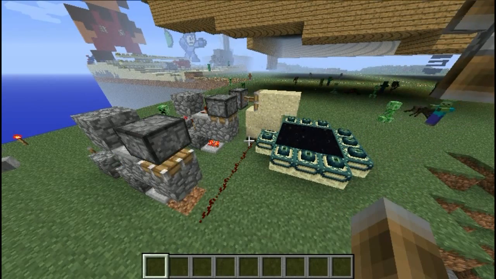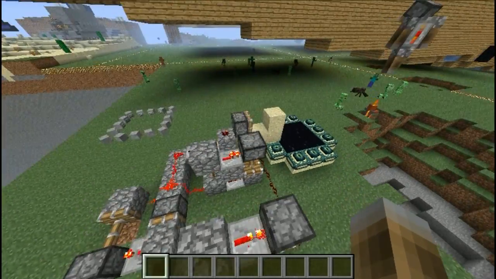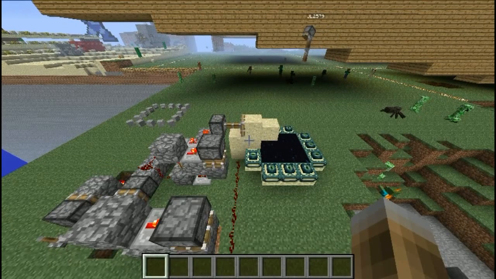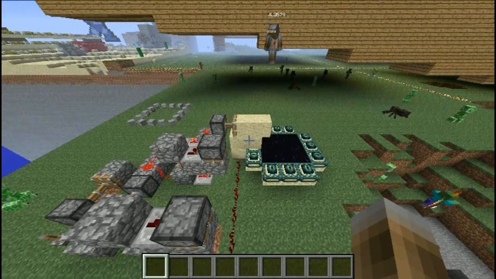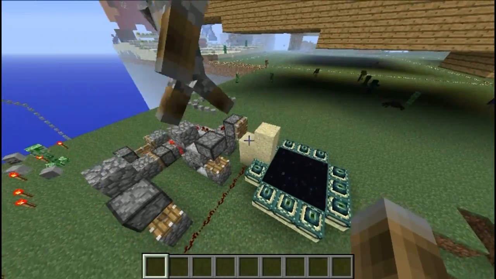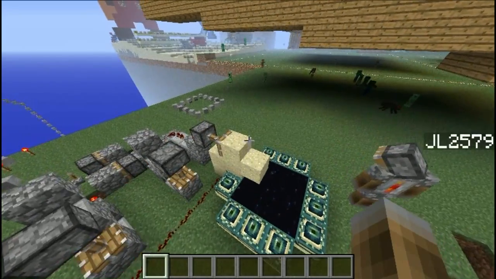You will probably either, this is only possible in SMP, or you have to find an end portal which is so close to the spawn that it's always in the loaded chunks. But if we ever make a tutorial for this in survival, we'll explain it in a more detailed way. Anyway, you see the sand generator is constantly pushing sand items into the portal, as I said, and every time